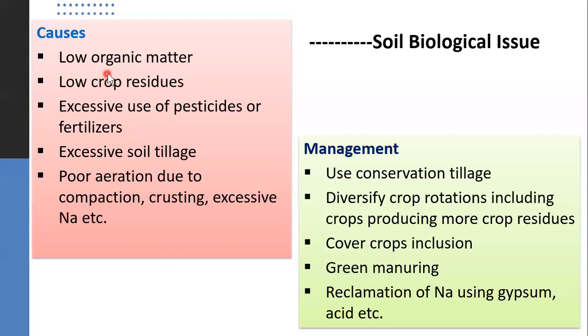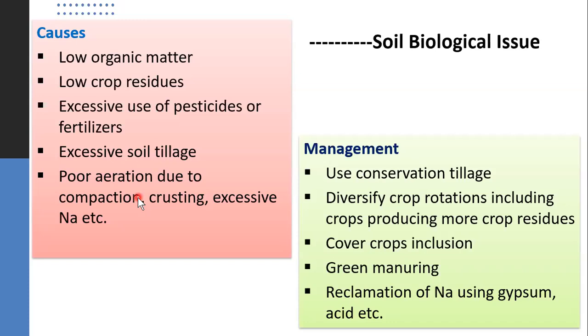So the causes: low organic matter, because they are dependent on the organic matter. If we don't have organic matter, they will not have food, and their existence will be an issue. Low crop residues, so that is also relevant to organic matter. Excessive use of pesticides and fertilizers, so that also kills the microorganisms. Excessive soil tillage,